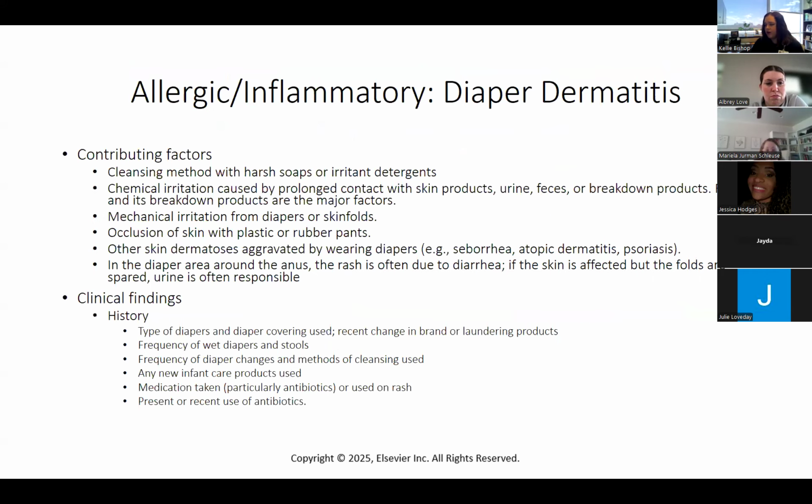Diaper dermatitis, this one's pretty straightforward. It can be due to a lot of things. They can react to different diapers, so if they change diaper brands or wipe brands or soaps, laundry detergents, anything like that, it can cause it. Prolonged contact from not being changed frequently can cause it, and it causes that skin breakdown. Mechanical irritation from the diapers themselves, like if they're not the right size or not fitting correctly. Here's the rubber pants again. The rubber pants can cause